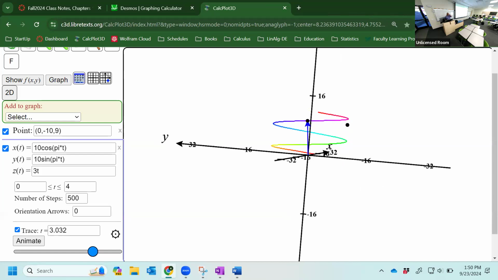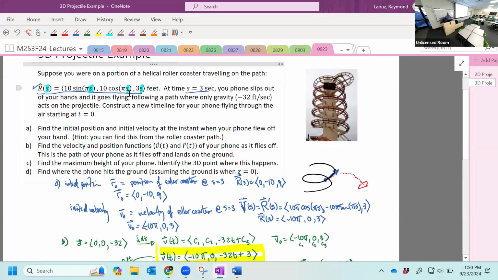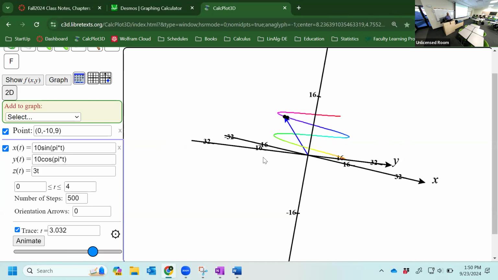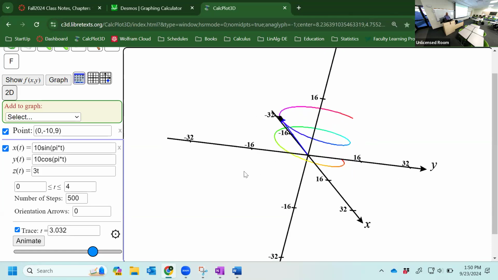Oh, wait. Oh, it's sine first. Dang it. Sine and then cosine. Oh, wasted that time. There he goes. All right, so that's our